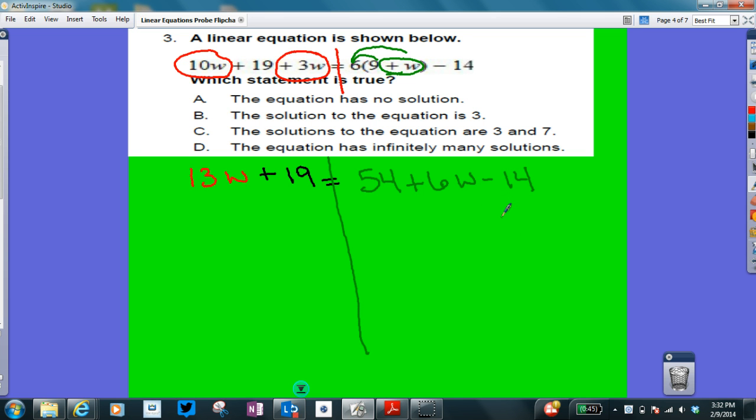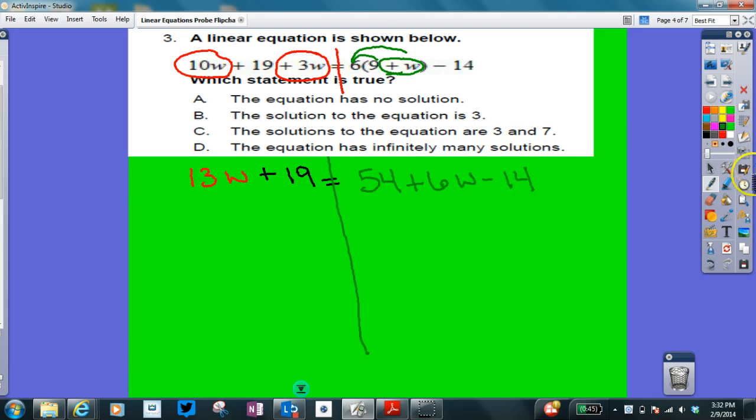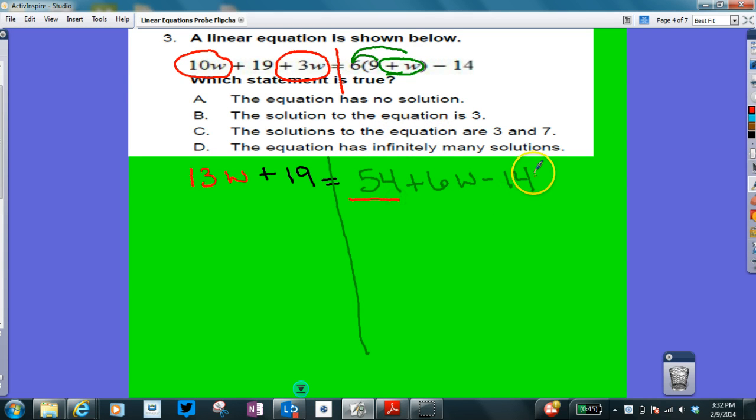Well, I can do something there. I can combine my 54 minus 14. So I can say 54, again, I look at the sign in front of it. 54 minus 14, well, that's going to be 40 plus 6w. And all I'm going to do to this side is bring everything down